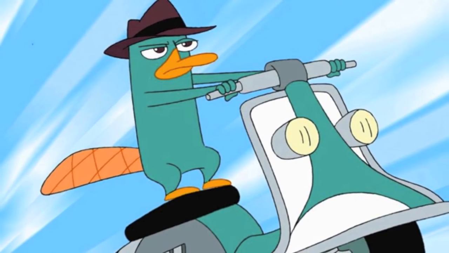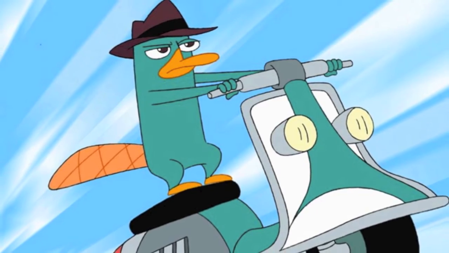Today we're going to be doing a review of Agent P's World Showcase Adventure. It is an interactive game based at the World Showcase at Epcot Center in Walt Disney World. It is themed on the Phineas and Ferb cartoon character Perry the Platypus as Agent P. You assist him in tracking down Dr. Heinz Doofenshmirtz. Now, since this is an interactive game and we luckily have someone currently at Epcot Center,